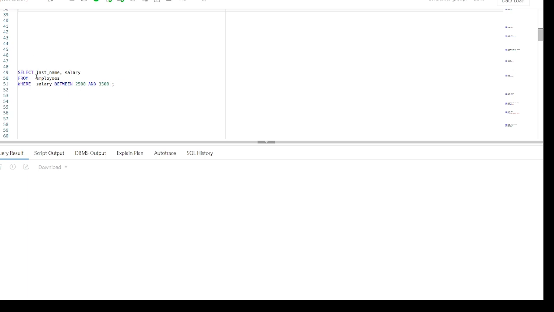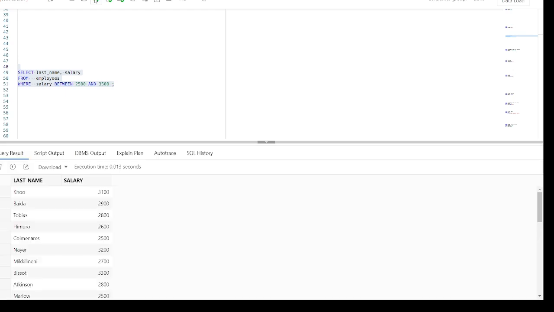One thing you have to keep in mind is that both the upper limit and the lower limit values specified with the between operator are inclusive, and the lower limit must always come first when you are using the between operator.